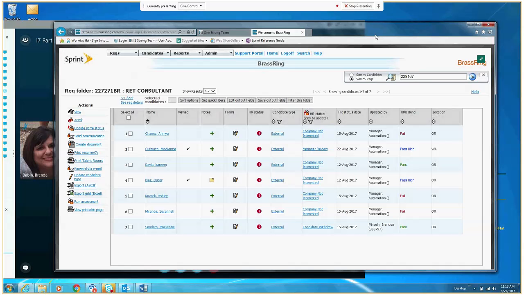And internals, they don't need an assessment or a background check or a drug check, right? Correct, under our old process, no. I am not certain whether that will change on the new process for internals, with regard to the assessment. In the past, any candidate who is currently a Sprint employee applying to an internal position only has to upload their resume and complete their submission for that job. There is no assessment because they've been with the company, and there's no background application or drug screen process for them.